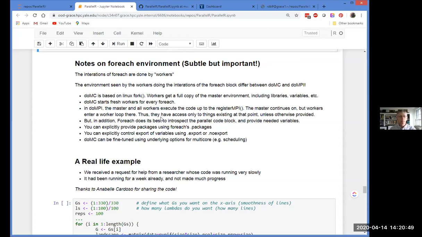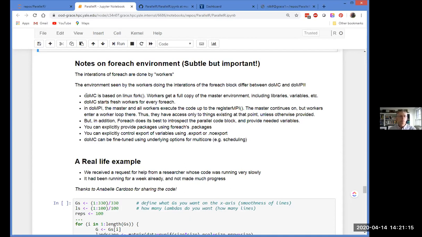But it's worth understanding what's really happening, and in particular, when you move to doMPI, you may find that it's more important for you to understand this issue of the environment and what happens. I have found that this stuff is not particularly well documented. It's complicated and it's not terribly well documented, so it's worth just touching on.